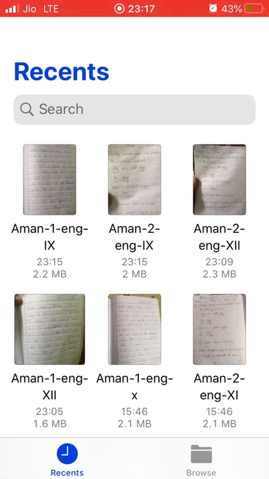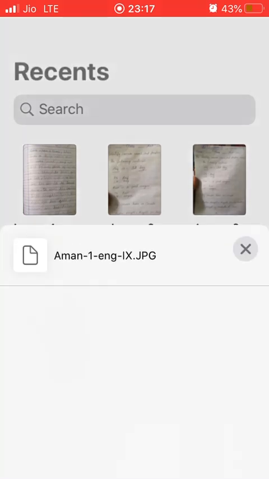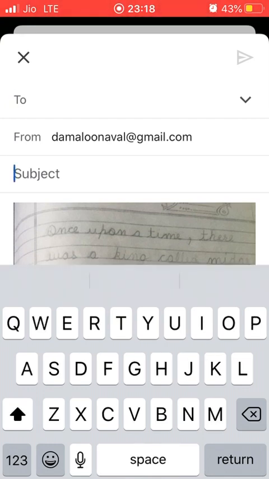Now you need to mail these files. Now simply click, long press, sorry. Now at the bottom it's Share, the last icon. You need to click on this, Mail. You need to mail this to an ID which would be provided to you later. This would be an ID of your subject teacher or maybe some other teacher that would be provided to you later. Now what is important here is the subject.